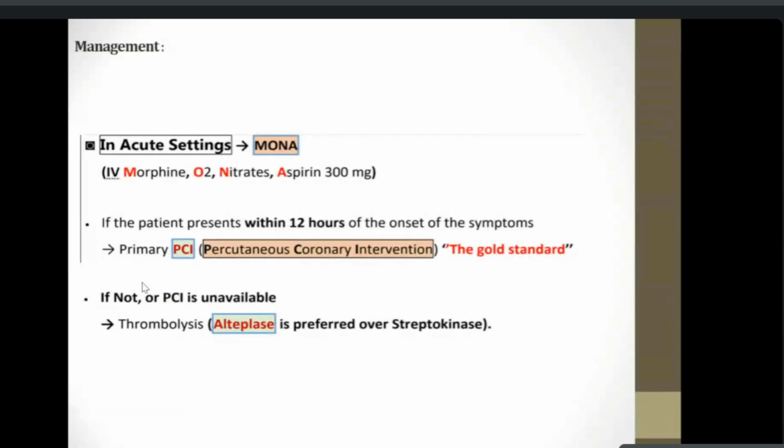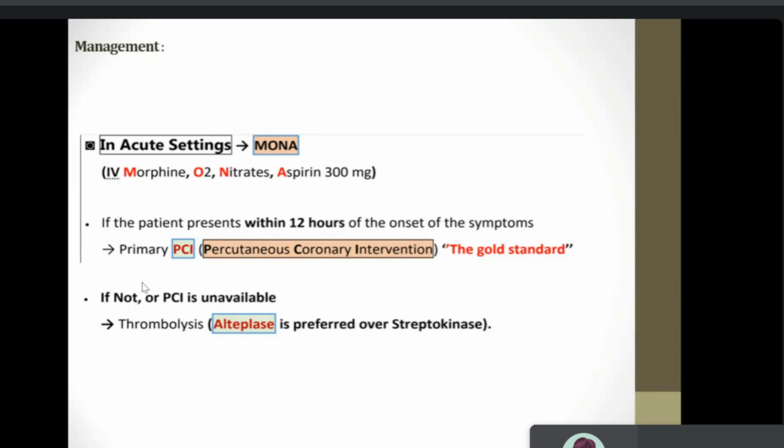For the management, to take notes, it's too important. In acute setting, we give to the patient intravenous morphine for his chest pain, oxygen, nitrate, aspirin, 300 milligram. We collect the first letter of each word to facilitate the memorization of it by MONA: morphine, oxygenation, nitrate, and aspirin. If the patient presents within 12 hours of the onset of the symptom, the primary, as you said, we